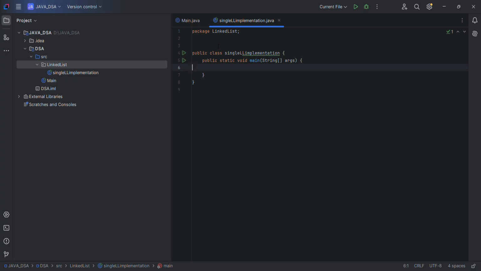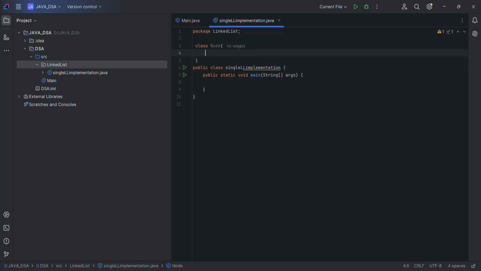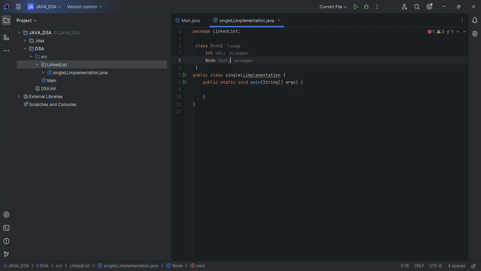First of all, we have created a class named SingleLinkedListImplementation, and we will create a class here named Node, and we will create three variables in the Node class. First is val, that will store the data or value associated with each node in a linked list. Then we will create a next variable of type Node that will store the memory address of the next node in a linked list. Then we will create a single argument constructor